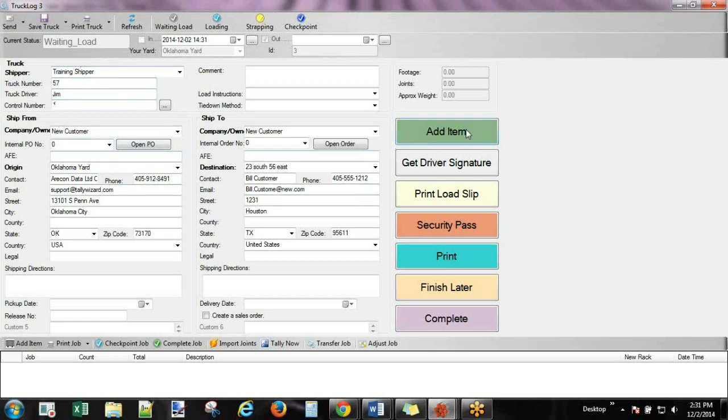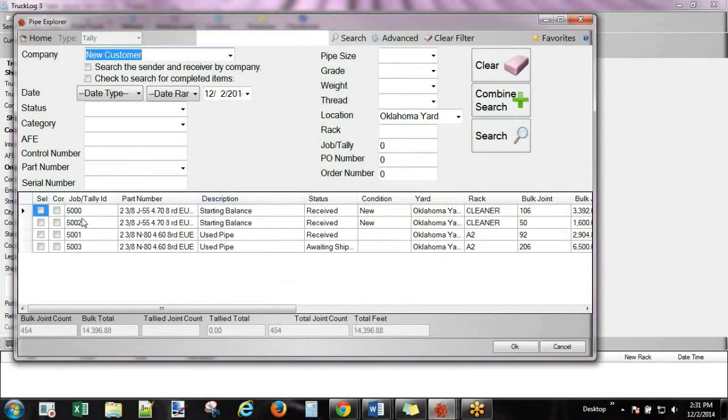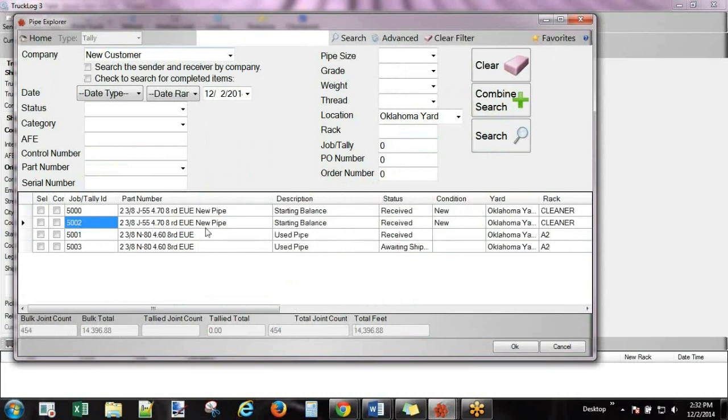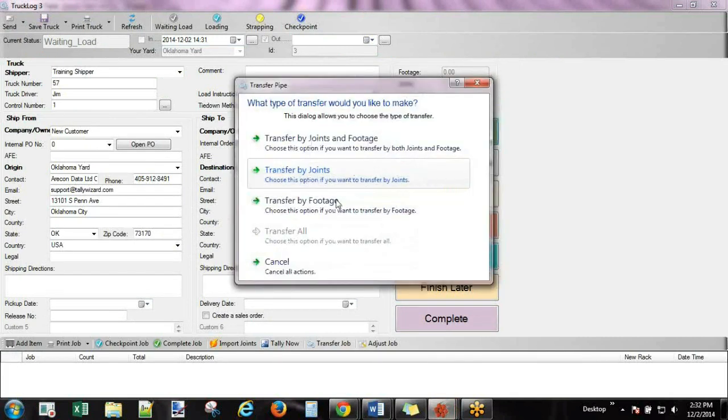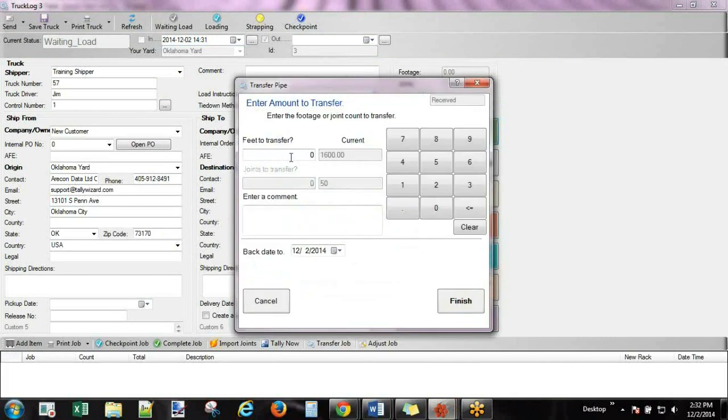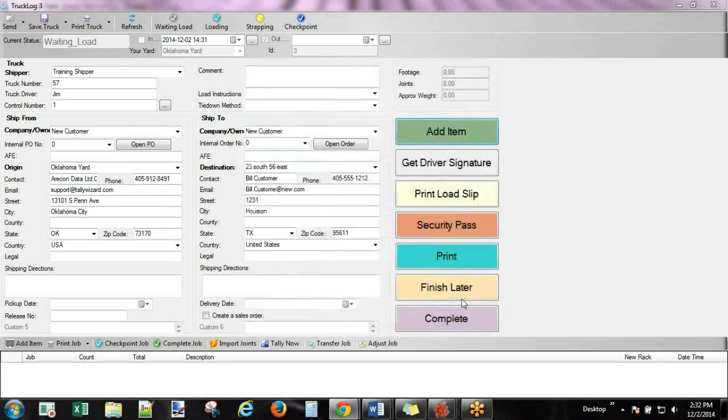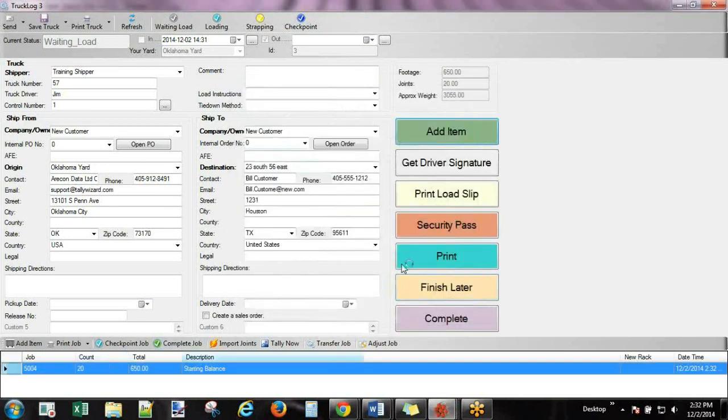I'm going to add an item. Pick from existing, and I'm going to ship some of this new pipe there. And I'm going to ship 650 feet. Okay. And when I print,